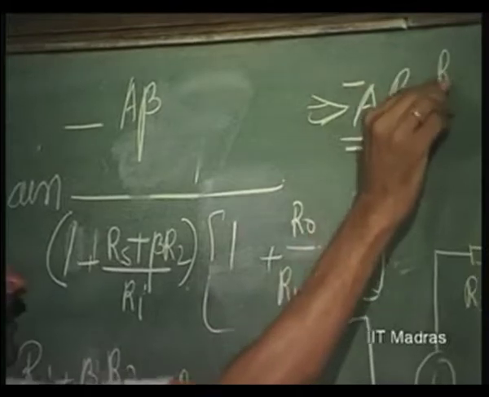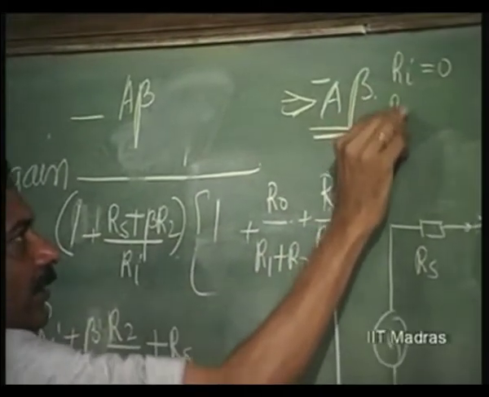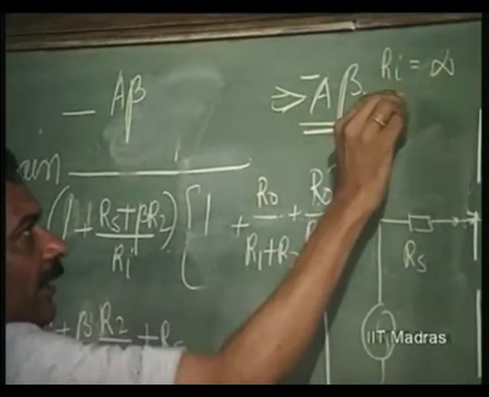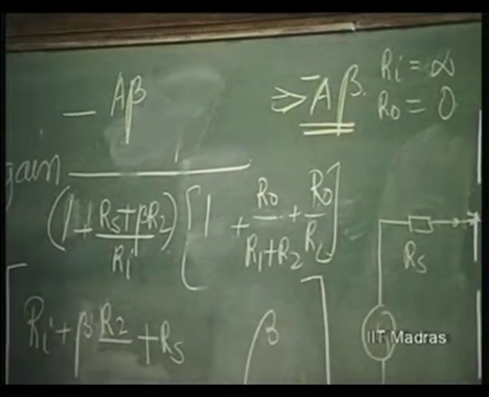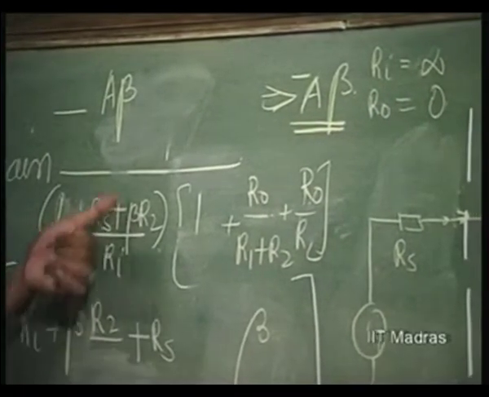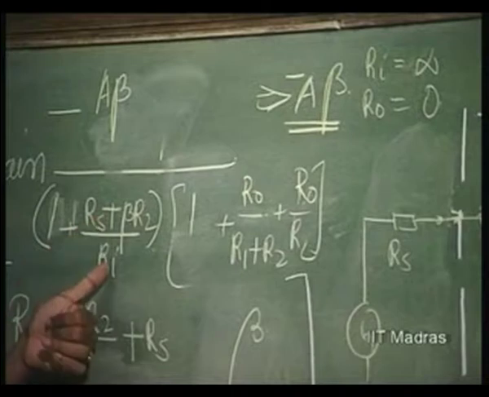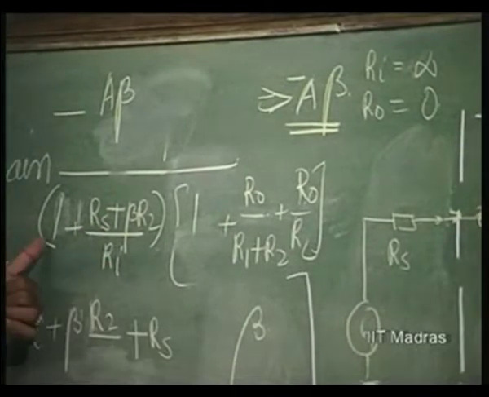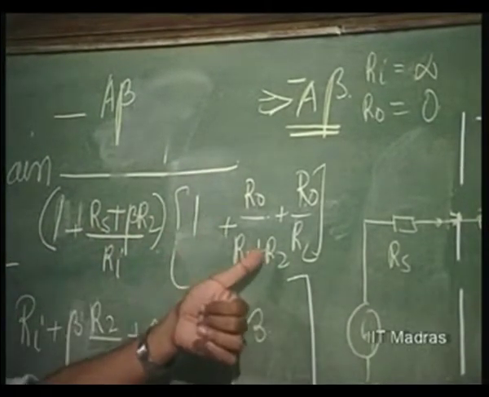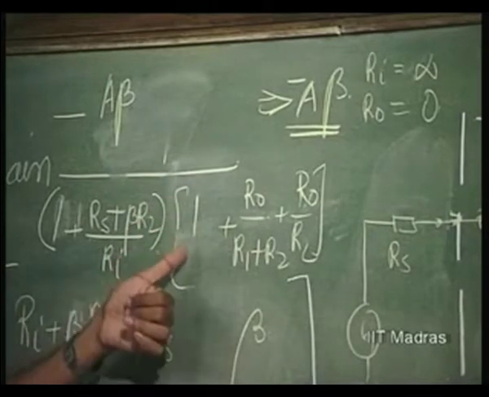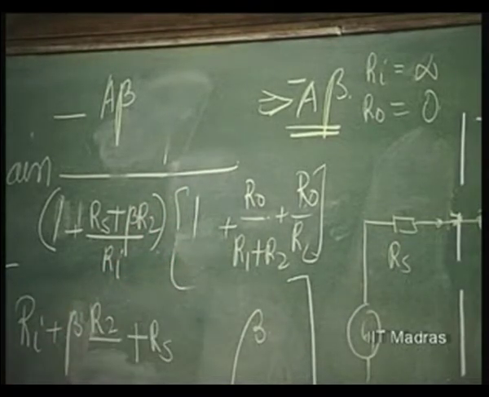for Ri equal to infinity and R naught equal to 0. Otherwise, it is going to be dependent upon this Rs by Ri ratio in relation to 1. Similarly, R naught by R1 plus R2 ratio in relation to 1. So, now